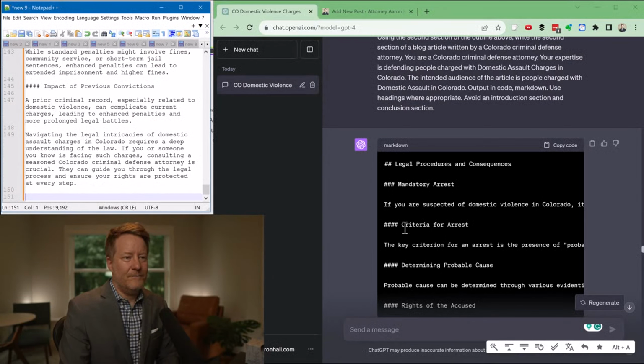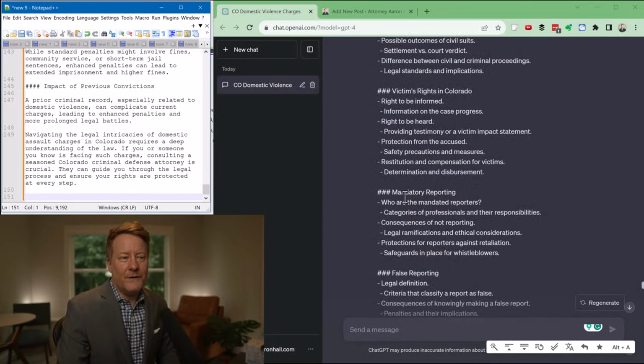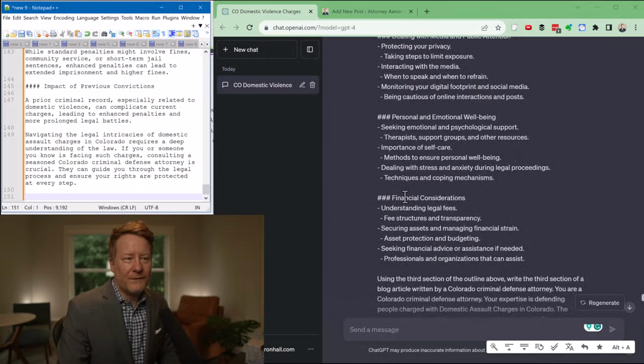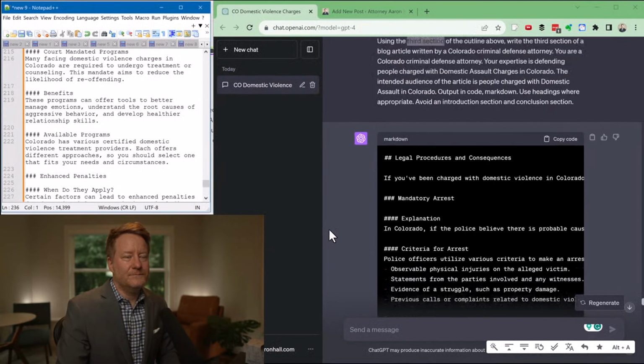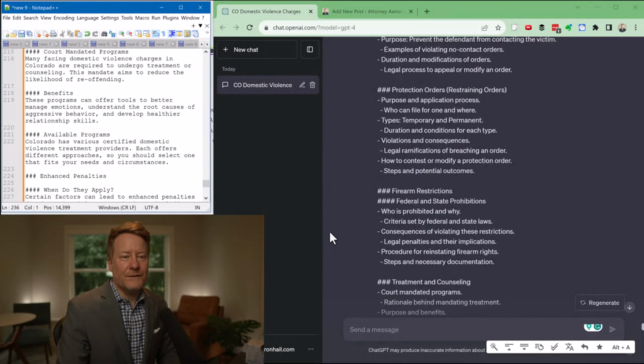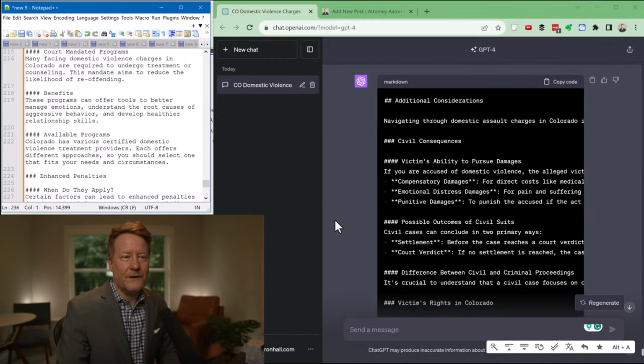Go to the end. Now I'm going to the prompt where I asked it about the 3rd section, which is right here. Say copy code, paste. And now let's see if it's done with the 4th and final section. Yes, it is. Great.